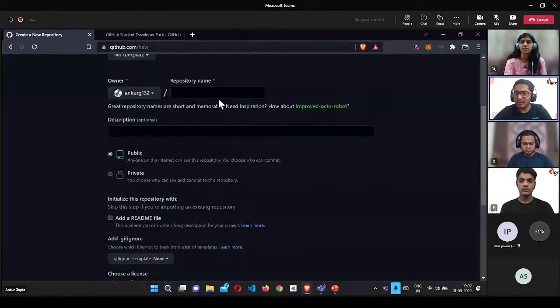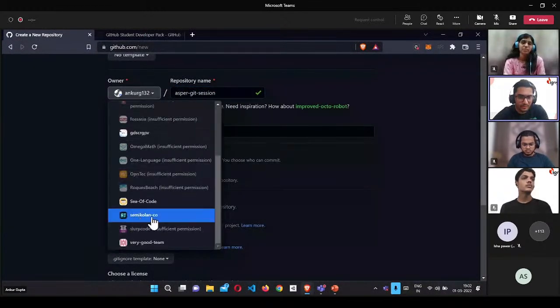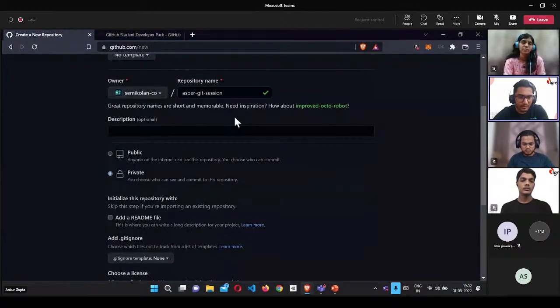I can write a repository name. So let's name our repository as per Git session. Okay. And I'll also choose the owner as semicolon.co, because I'll need to fork the repository, and you all will also need to fork the repository. So it will be better in that way.